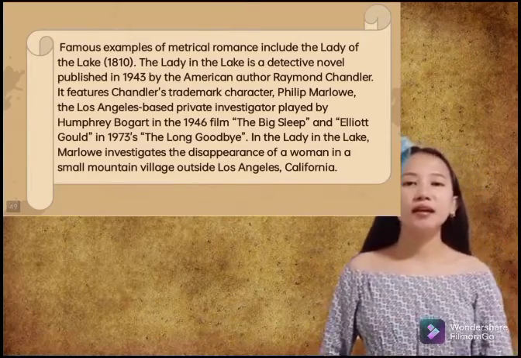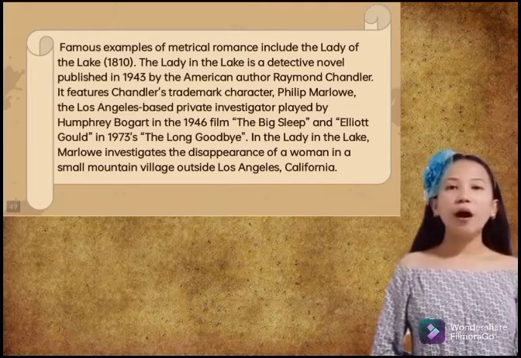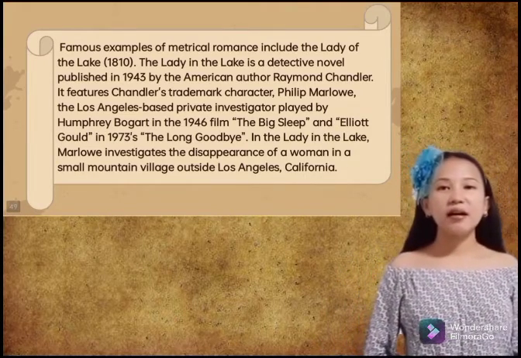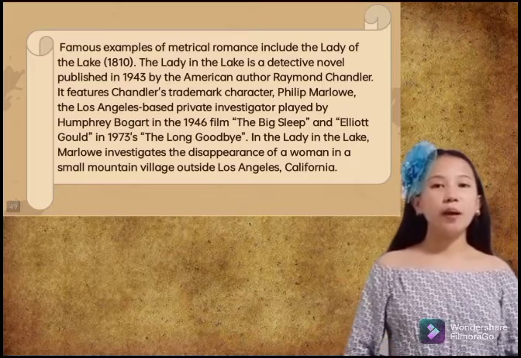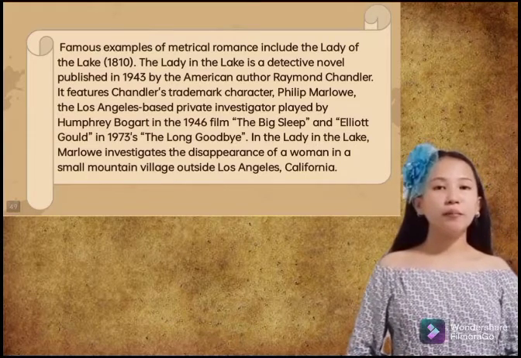In The Lady in the Lake, Marlowe investigates the disappearance of a woman in a small mountain village